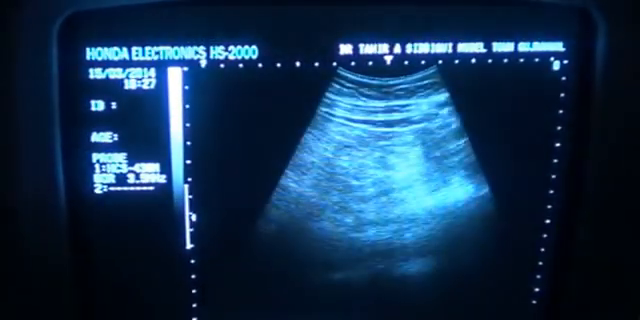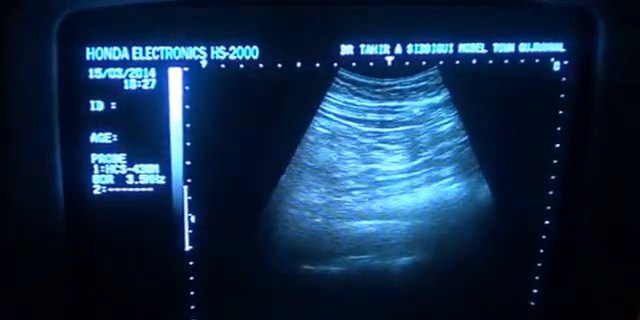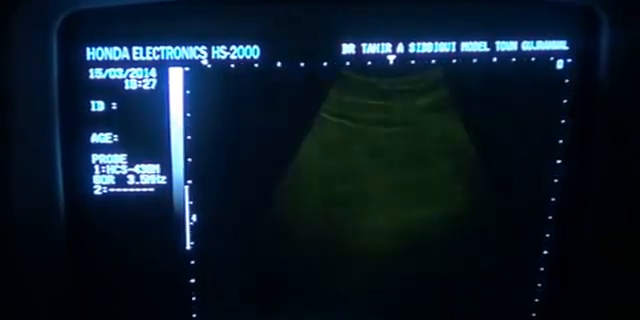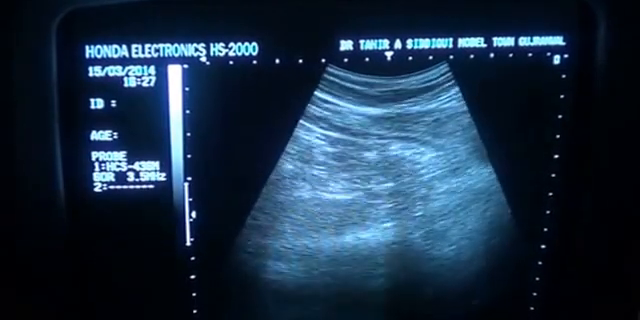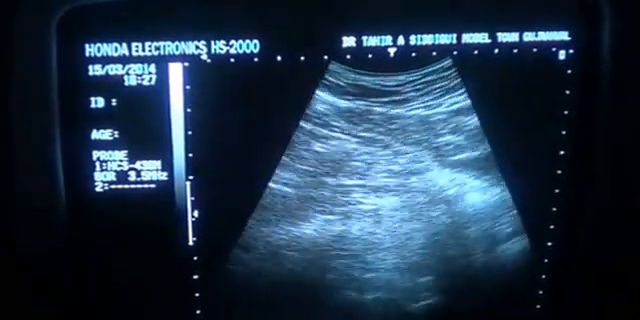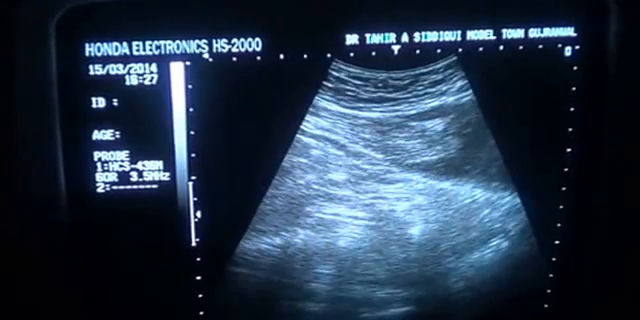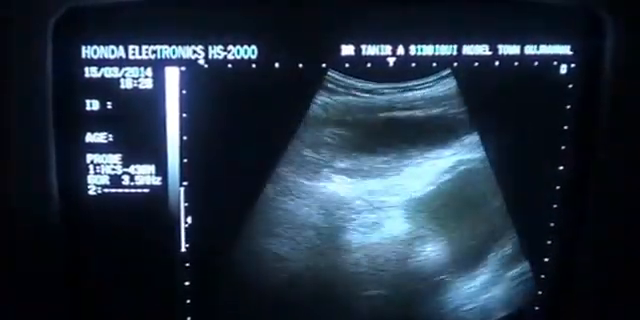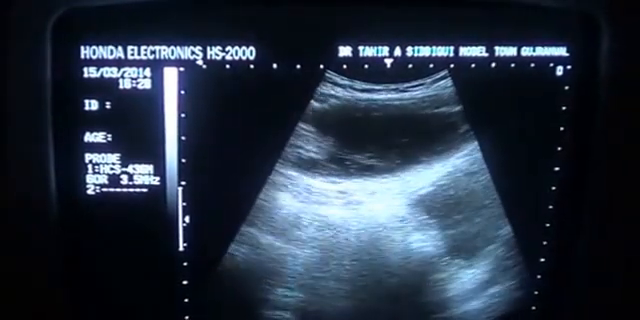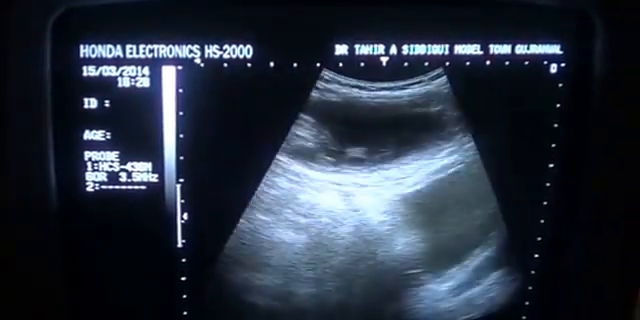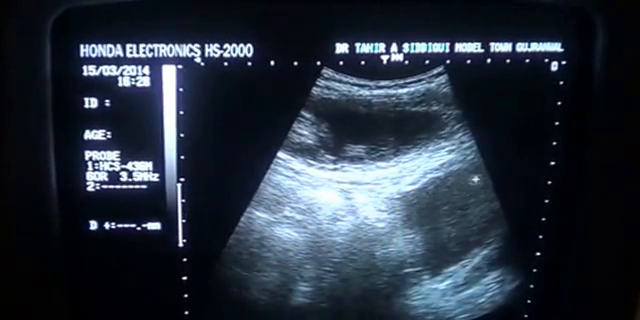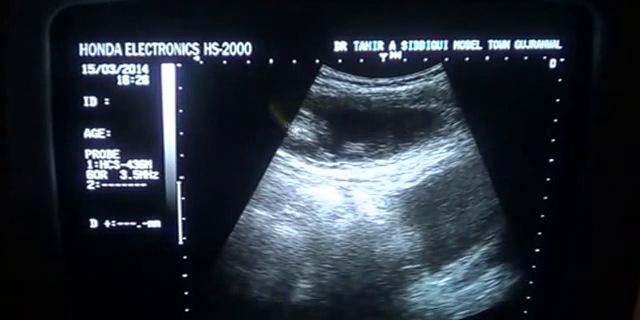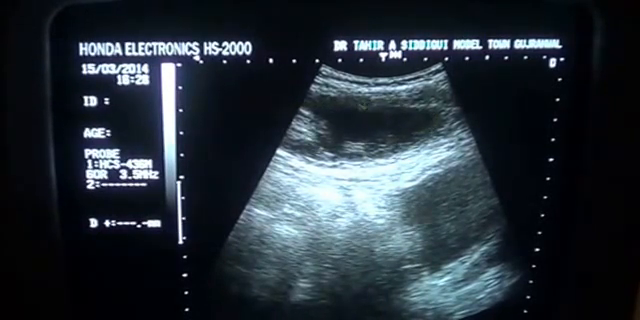Now I am at the umbilical region, longitudinal at the umbilical region, and you will see that as I come down, I am coming down from the umbilicus to the pubic symphysis. What do you see? This is the urinary bladder in longitudinal section, and this is a fluid-filled pocket,